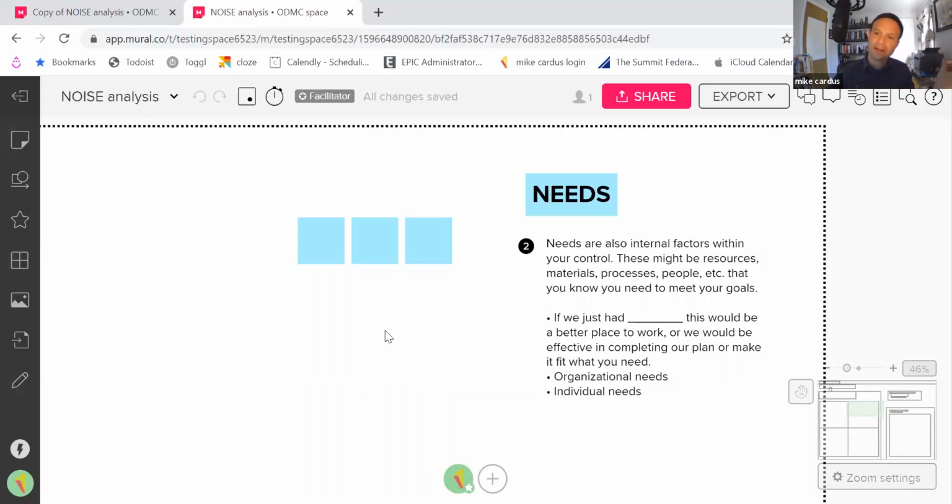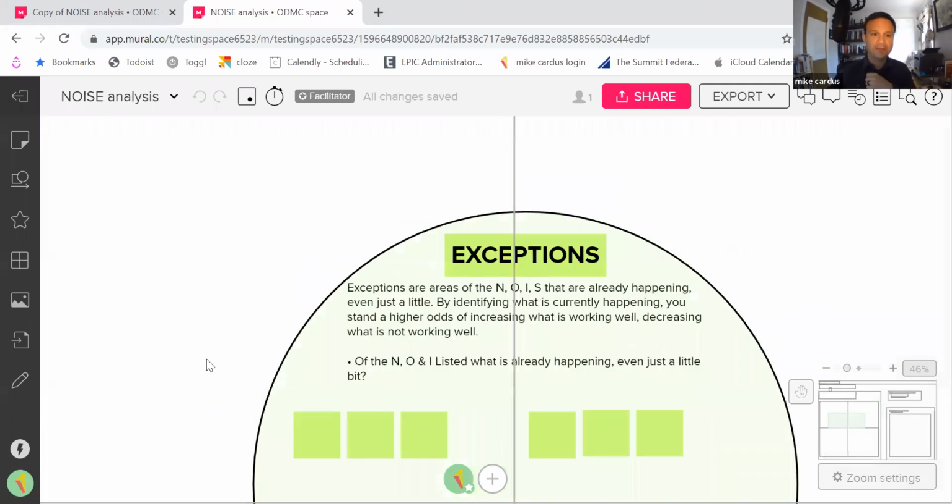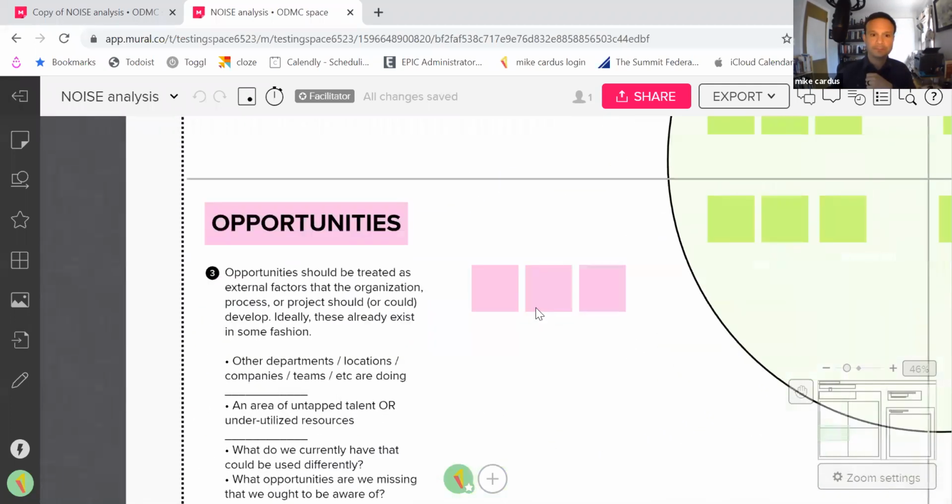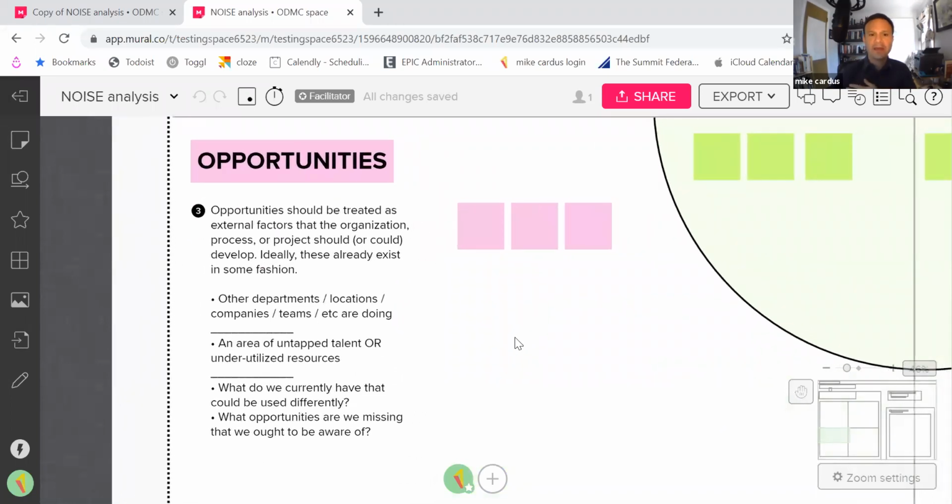So you're listing strengths and needs. Those both are relatively internal factors, things that focus on internal work to get done that you can have control over. Following needs, you would move into opportunities. And opportunities is your way of identifying what's happening in the current environment or outside your environment that you feel your organization, your project, your team, yourself ought to be more aware of, and how to begin to capture